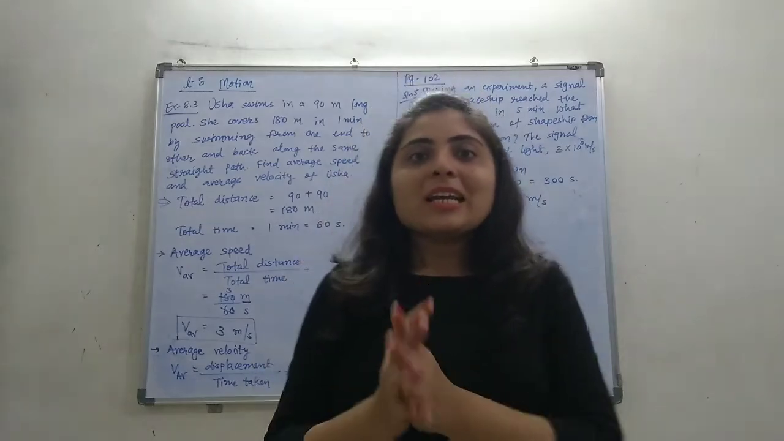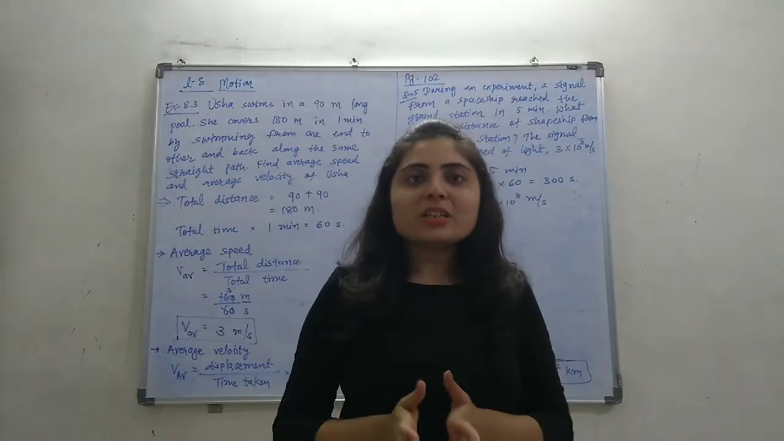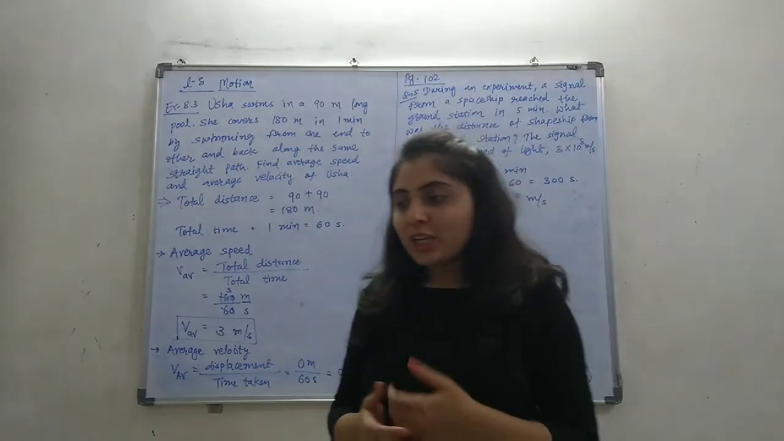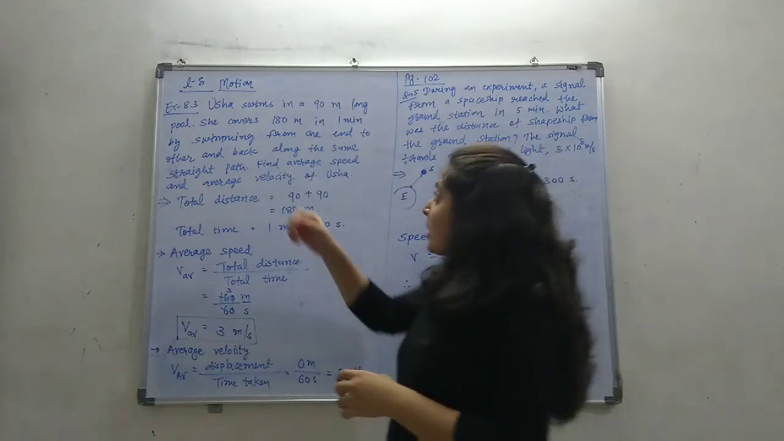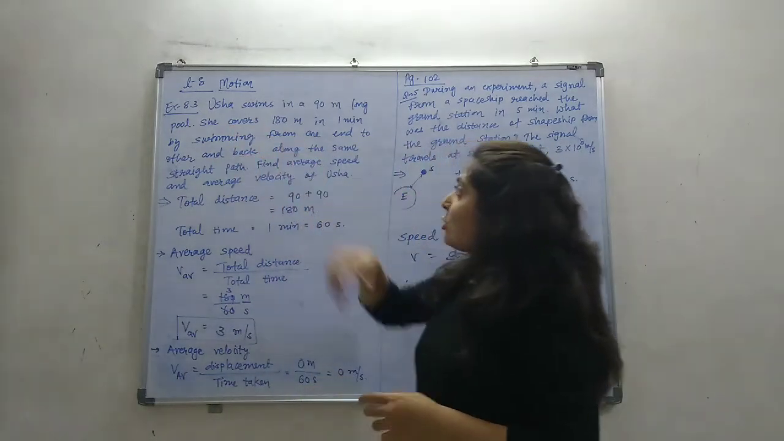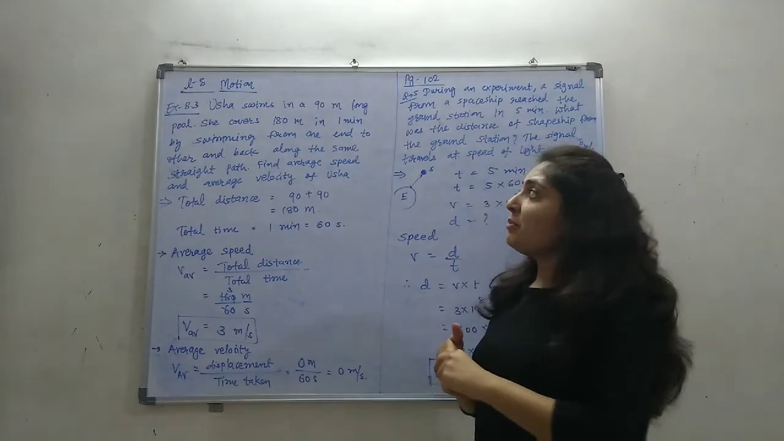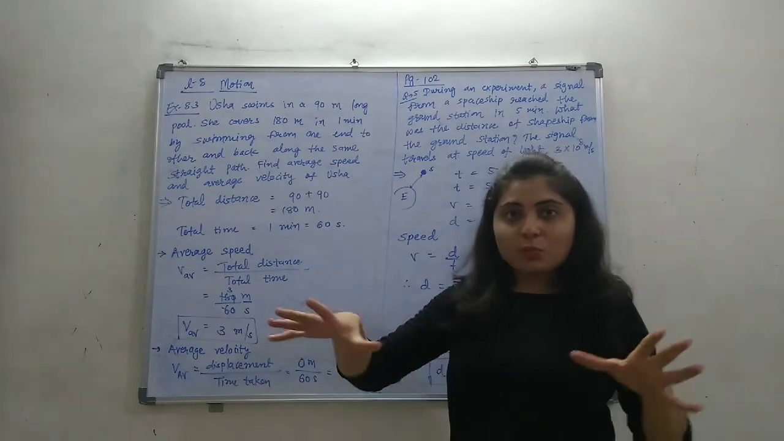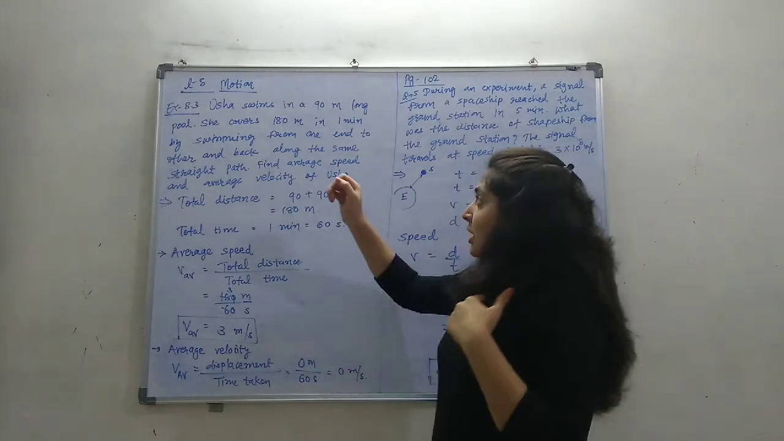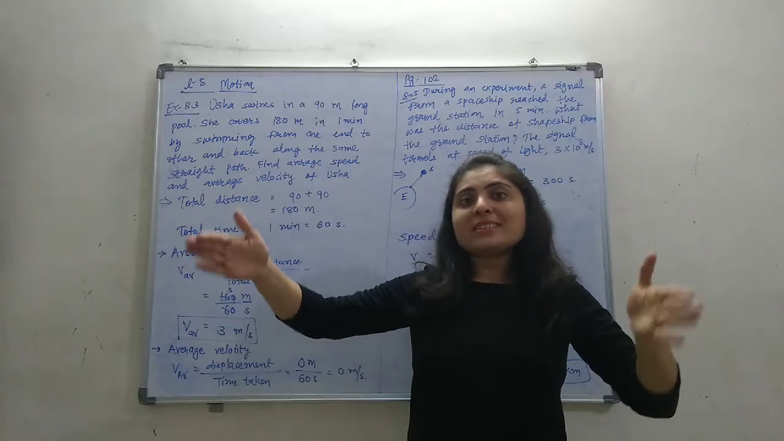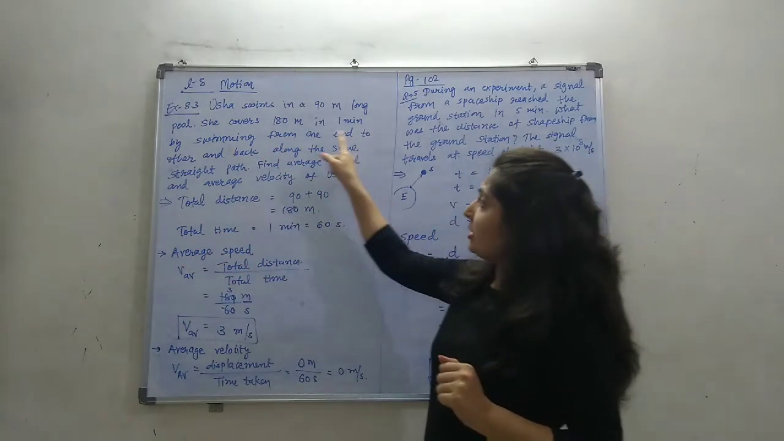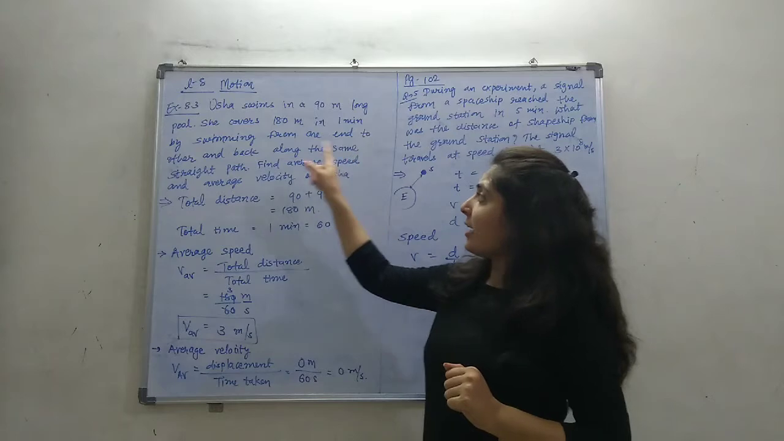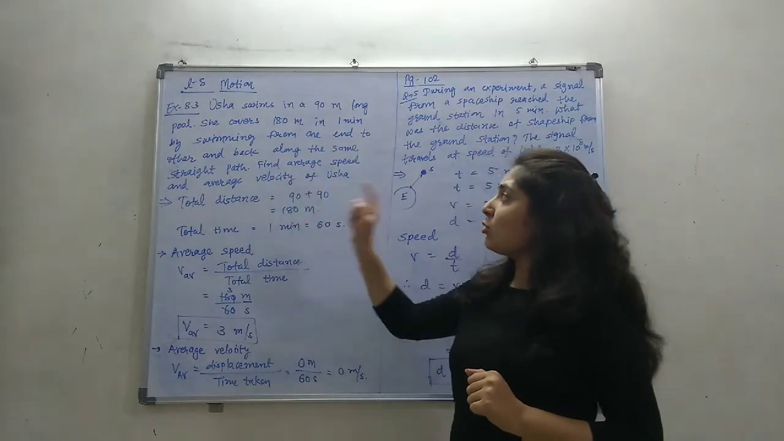Hello students. In lesson number 8, in the numericals we were doing, further, example 8.3. The question is as it is: Usha swims in a 90-meter long pool. Okay, in a swimming pool, Usha swims, and the length of the pool is 90 meter. She covers 180 meter in 1 minute by swimming from one end to the other and back along the same